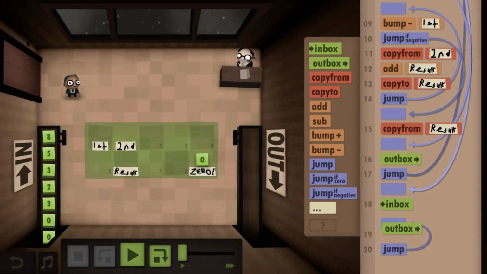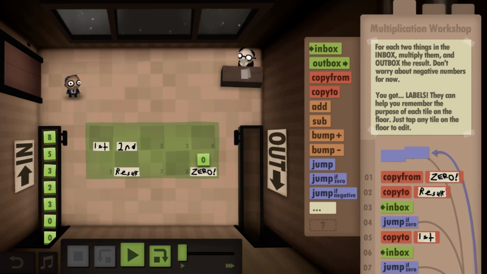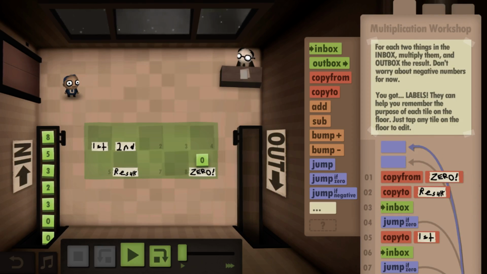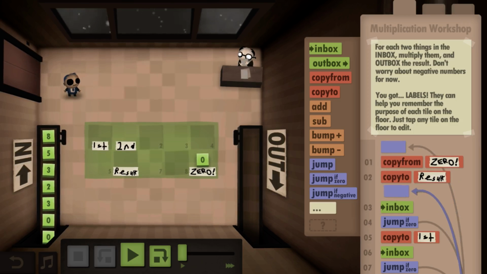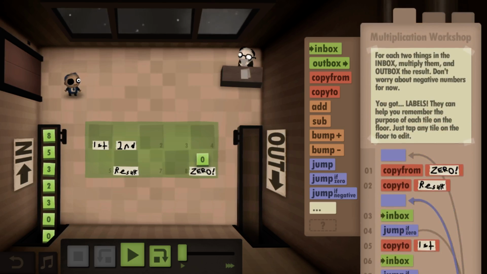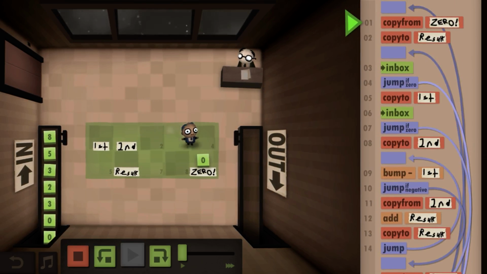And then jump back to the beginning, so that I can actually jump back to this point because I don't need to copy the zeros again. So that should fix that.